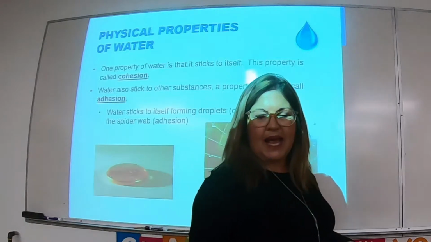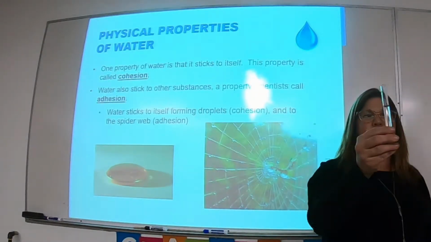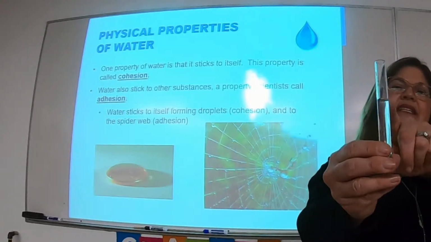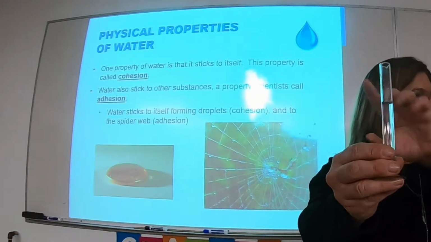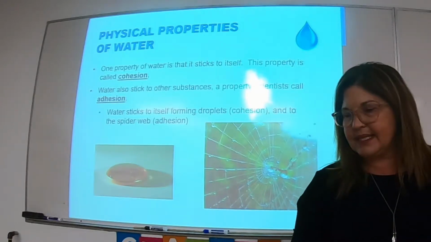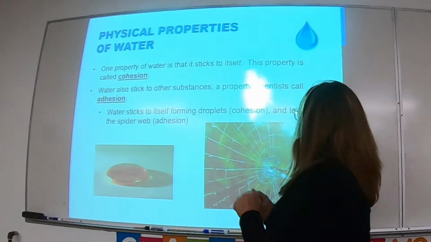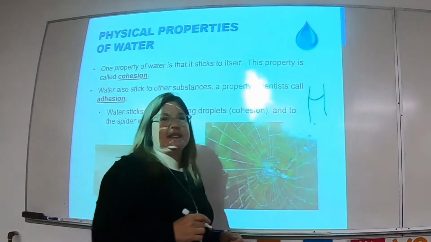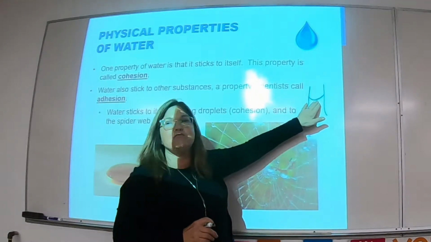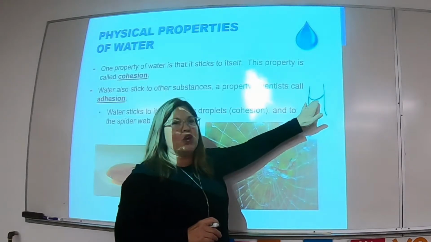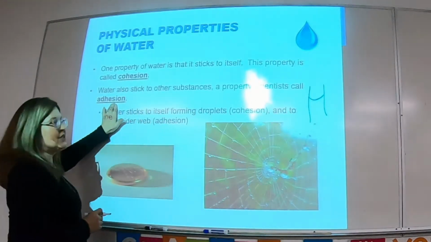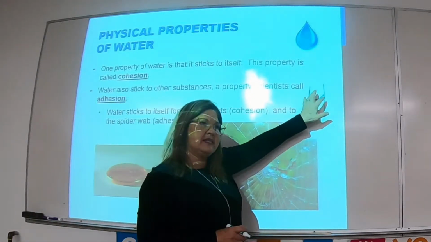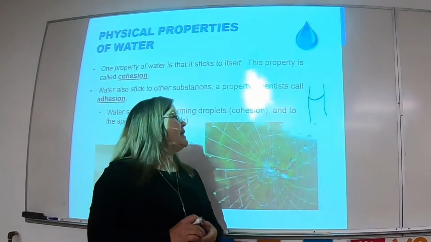If we have a graduated cylinder, which I have here, you can see that the water sticks to the side of the graduated cylinder. What happens here is it looks like that, and that thing is called a meniscus. Because of the property of adhesion, the water sticks to the side of the graduated cylinder and forms